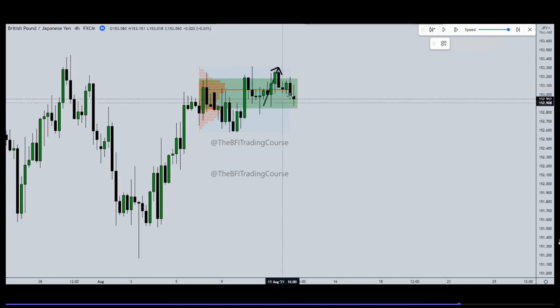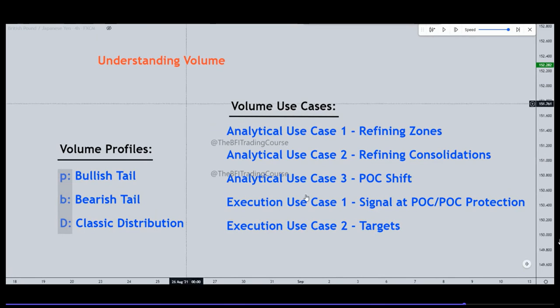We saw signals that printed at the POC, which is a bearish signal, after this liquidity run, you can call it, or liquidity attack, and then a bearish signal at the POC,